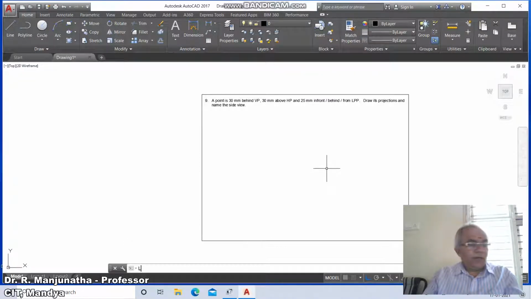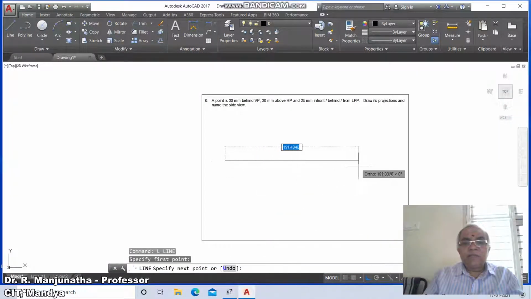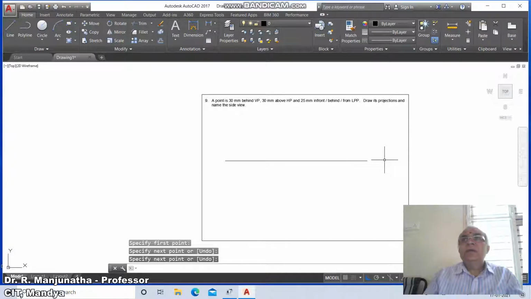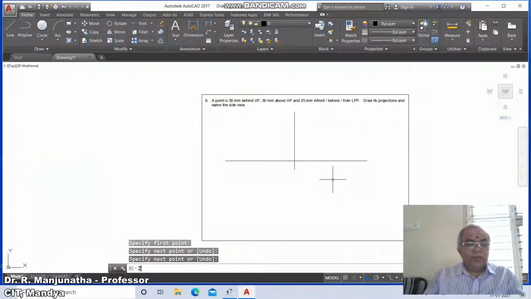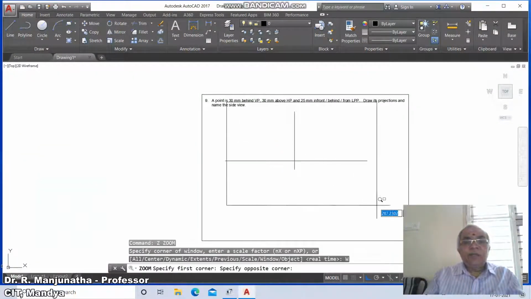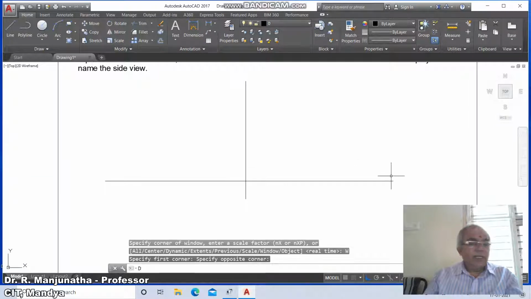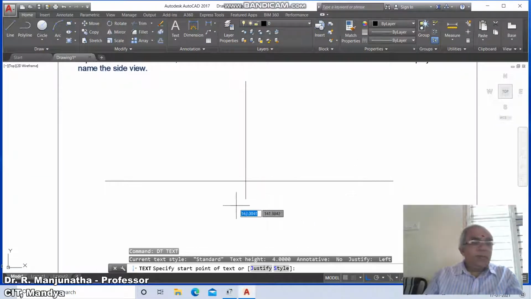We can see here we have layer 0. So now we will go for the line command and consider any point and put the ortho mode on, drag it and place it wherever you want, and draw any arbitrary horizontal line. And then from here you click the first button of the mouse and drag it in the downward direction, so that it crosses that horizontal line, and click. Go to zoom window and bring it nearer to the screen, and go to dtext. So he has given LPP.